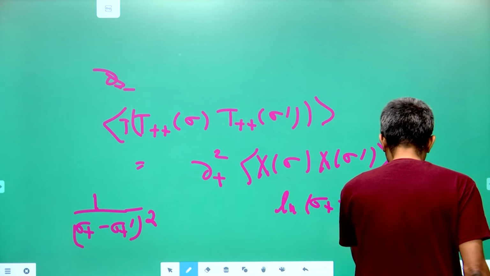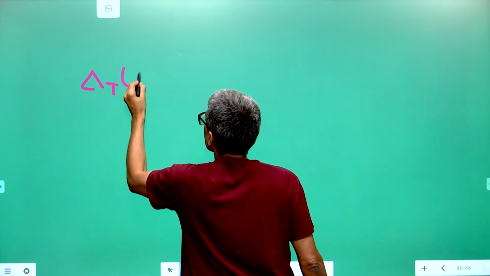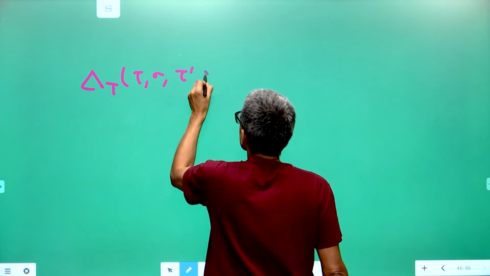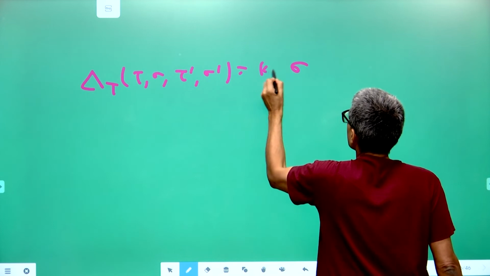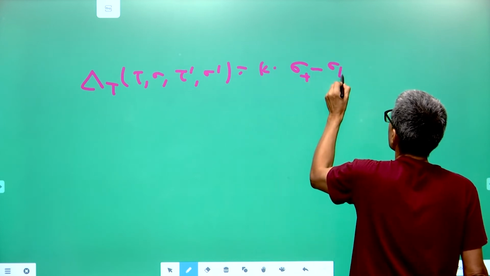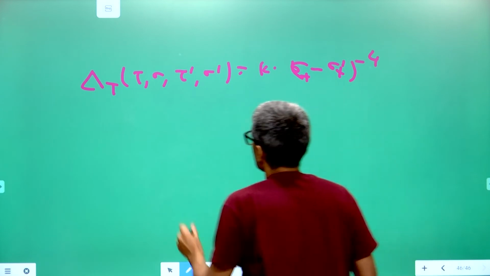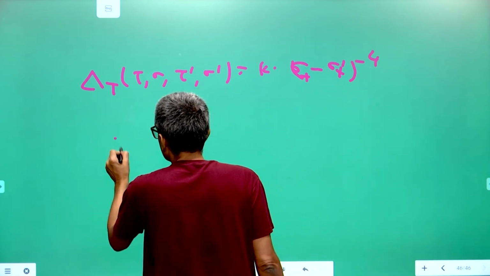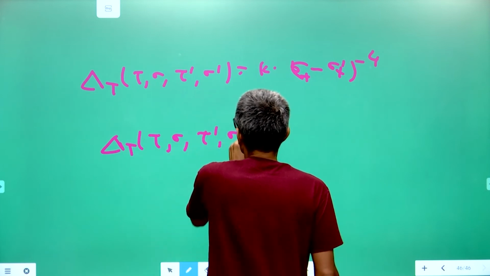right. So, it is correct, that will not be a delta function, you will get simply that your delta t of tau sigma tau dash sigma dash is equal to a constant times sigma plus minus sigma plus dash square for minus 4. And you, on the other hand, if you calculate delta t of tau sigma tau dash sigma dash,